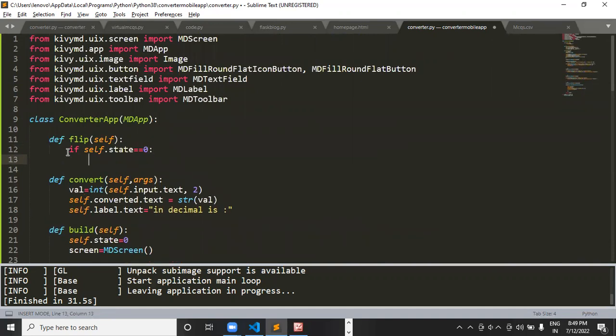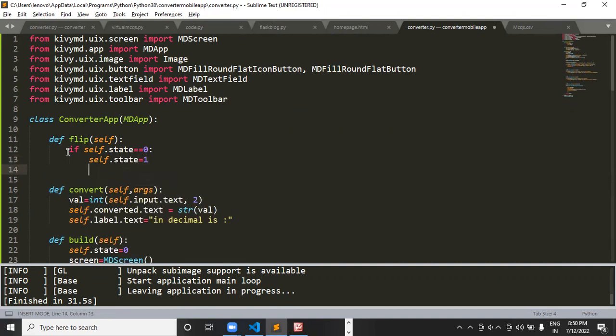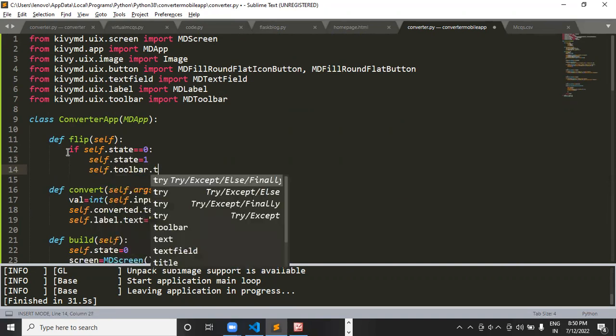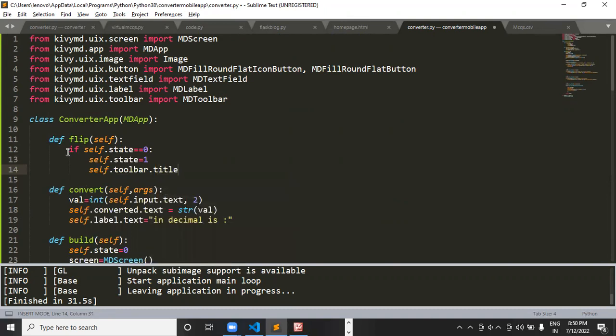The moment the user clicks that button, self.state should change to 1. And now if the state is 1, then the title in the toolbar should change from binary to decimal to binary. And how will we make it happen? We can simply do it like this. Decimal